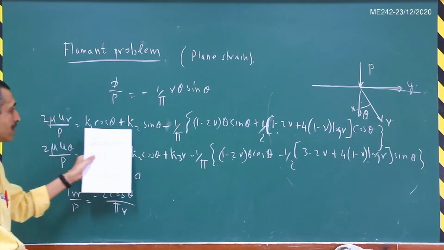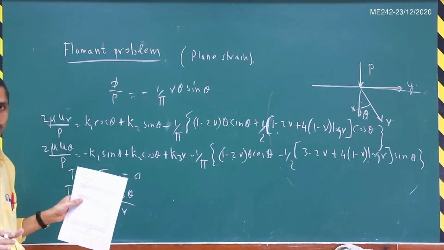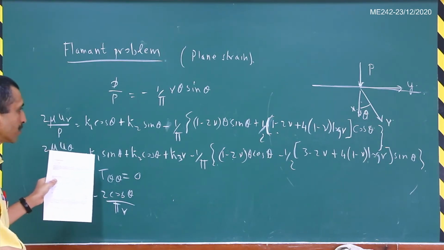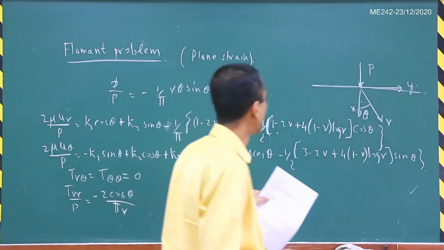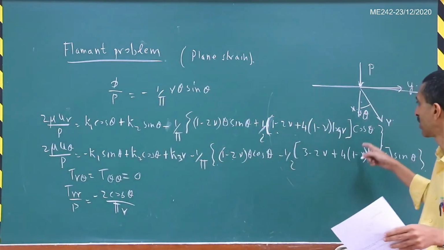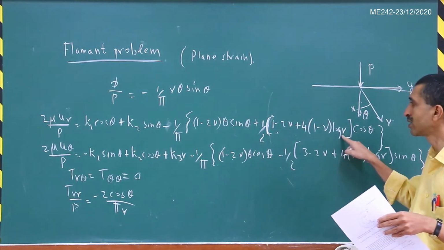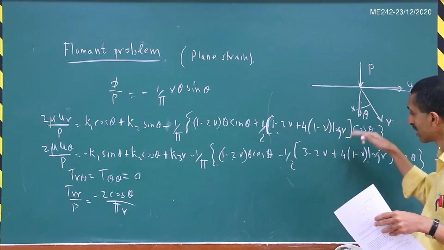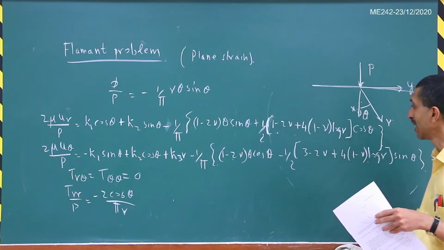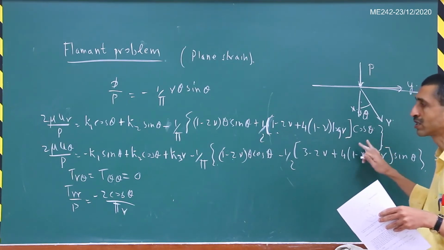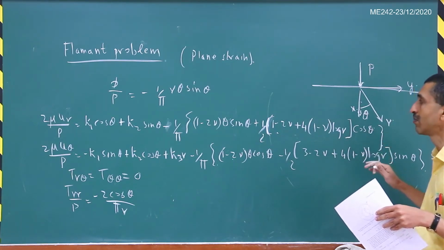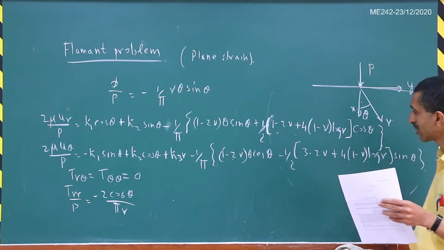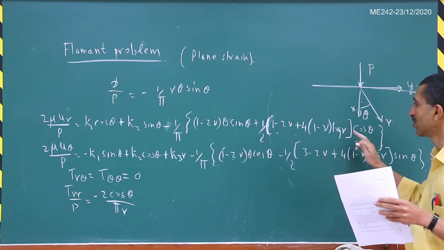Now these constants k1, k2, k3 correspond to rigid displacements, so let us not worry about them at this stage. But here you will see a problem. If you apply a point load, then as r tends to infinity, the displacements do not tend to 0. The displacements become unbounded as r tends to infinity. This is one of the shortcomings of this solution, and that is because you are taking the domain to be infinite.